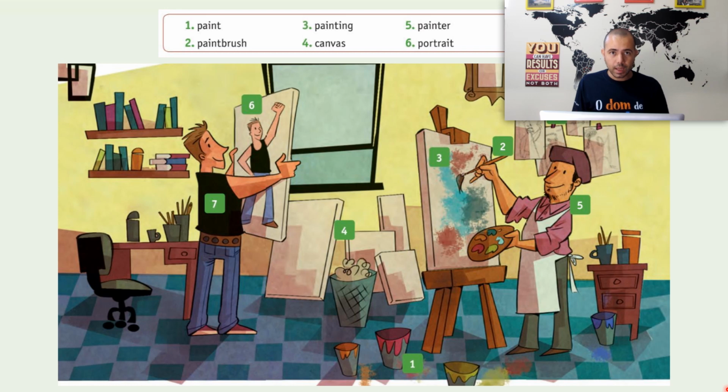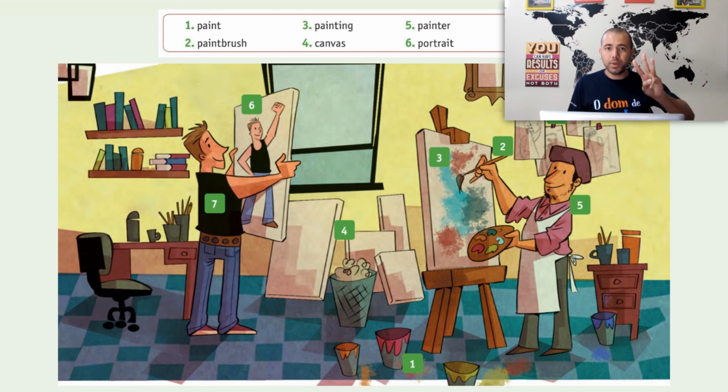So maybe the painter, the professional, is still thinking about possibilities, analyzing ideas. And then you're going to have sketches, you see over there on the wall. Over there on the wall I see a lot of sketches. So the painter is still thinking about the final piece of art. And later on, you're going to have an exercise just like this.